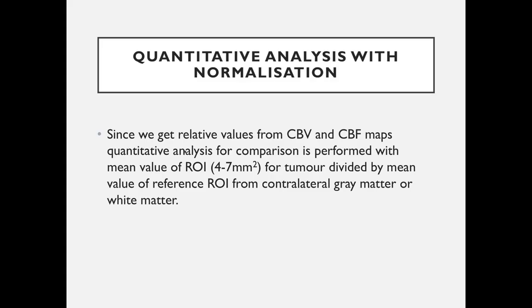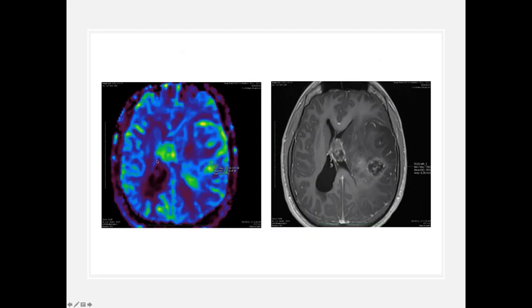Now we have done the overlapping, we have injected the contrast, we have post-processed it. Now the most important thing comes: how do we quantitatively assess it? There is one way to just qualitatively assess it: the color coding. One point about color coding is the bluish color, greenish color, red color. The red color is the most perfused, followed by the greenish, followed by the bluish. I'm sorry, I forgot to mention that previously.